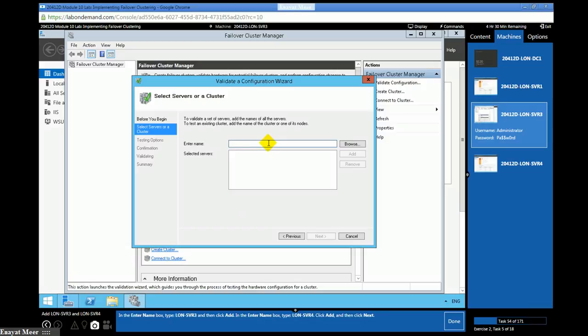You are going to validate the configuration on LON-SVR3 and on LON-SVR4. So you can add both one by one.